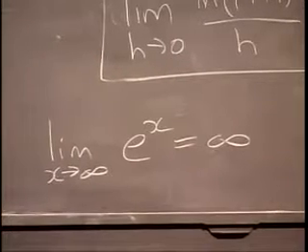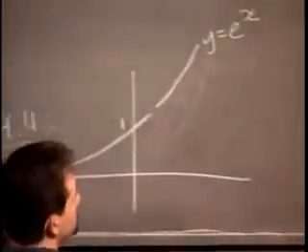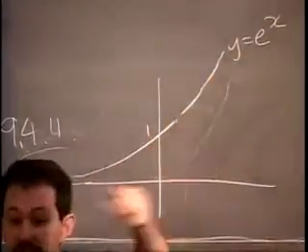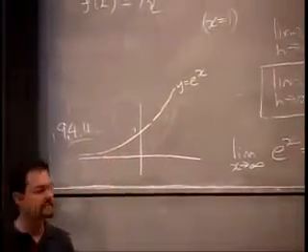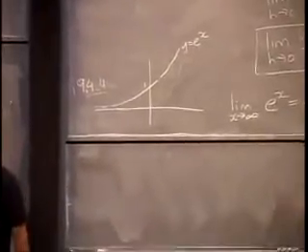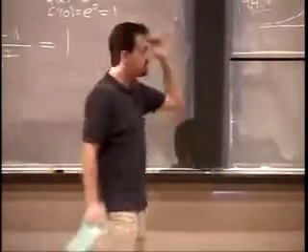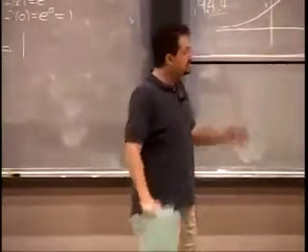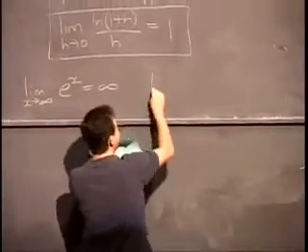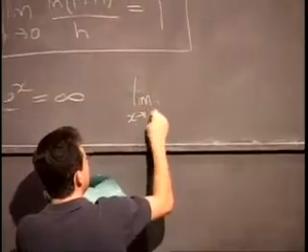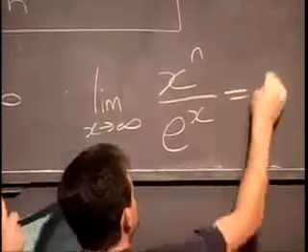Pretty fast. What if you compare it to, say, x squared? I don't know, it looks like x squared is going to pass it. Maybe it does. Well, guess what? E to the x passes it back, and it leaves it for dead. It leaves it in the dust. I cannot emphasize how much e to the x just stomps over x squared, or any other power of x. It just dominates it. So, in fact, we can say more than this. We can say that the limit as x goes to infinity of x to the n over e to the x equals 0